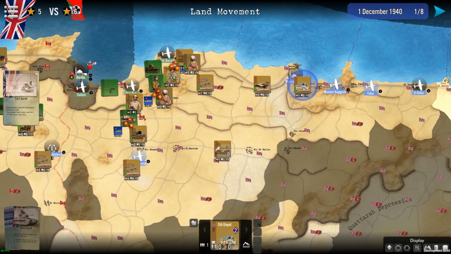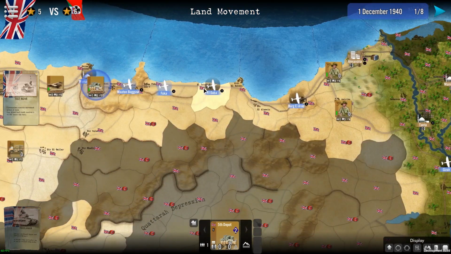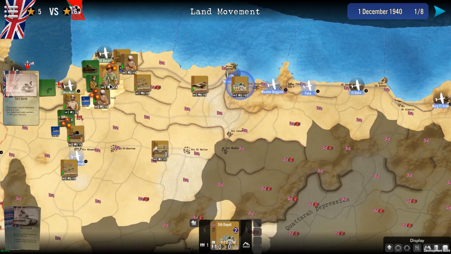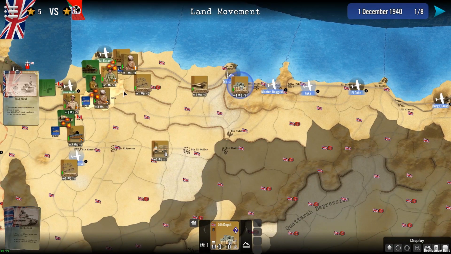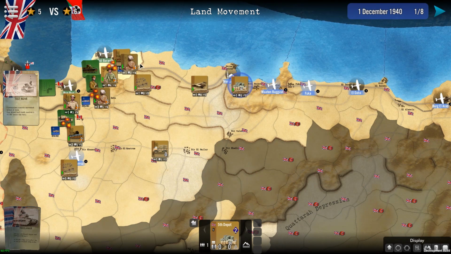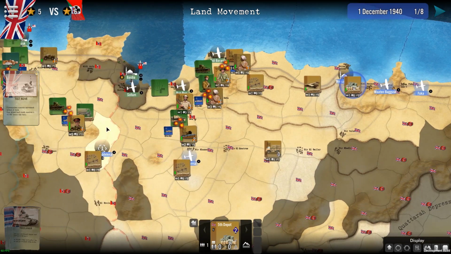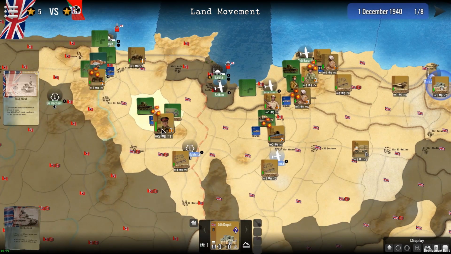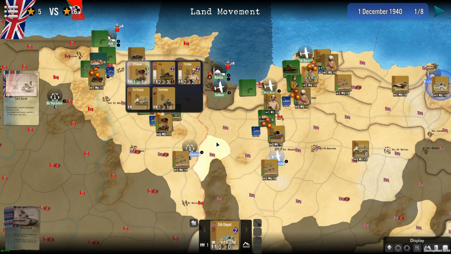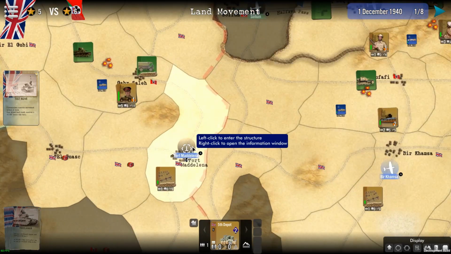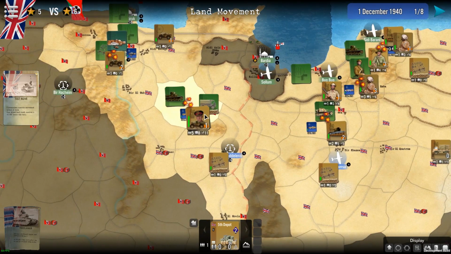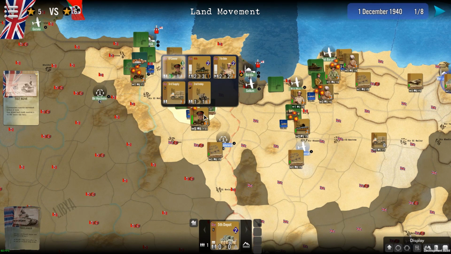So if you see my supply, it goes all the way from Alexandria through structures. There are less than 3 regions away. So 1, 2, 3, these guys, and if I take Sidi Barani it will become another relay. Here I have 1, 2, 3, and 1, 2, 3, etc. So overall, my supply line extends to here, but here I'm not in supply unless, of course, my supply unit with O'Connor survives, and then it will be a relay if it's only 3 away from Fort Maddalena, which I hold now. So basically, don't run too far away,